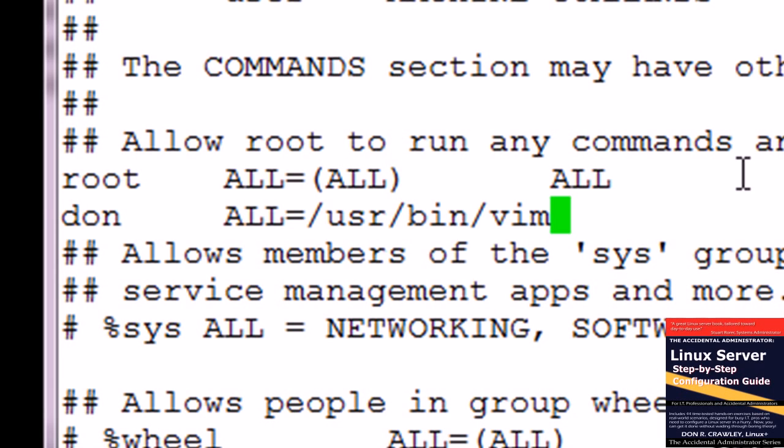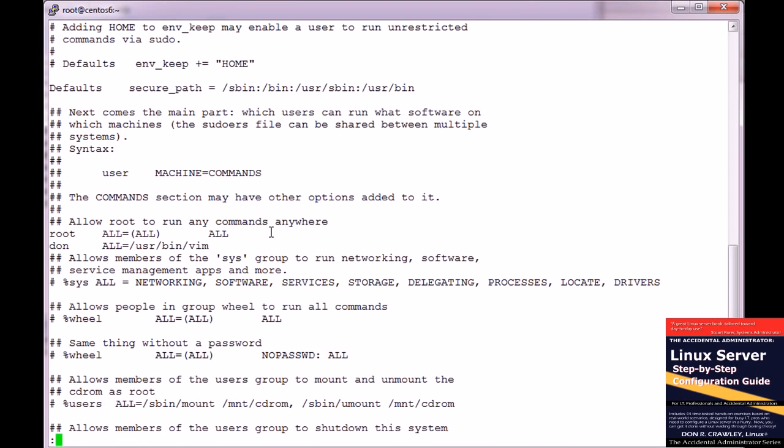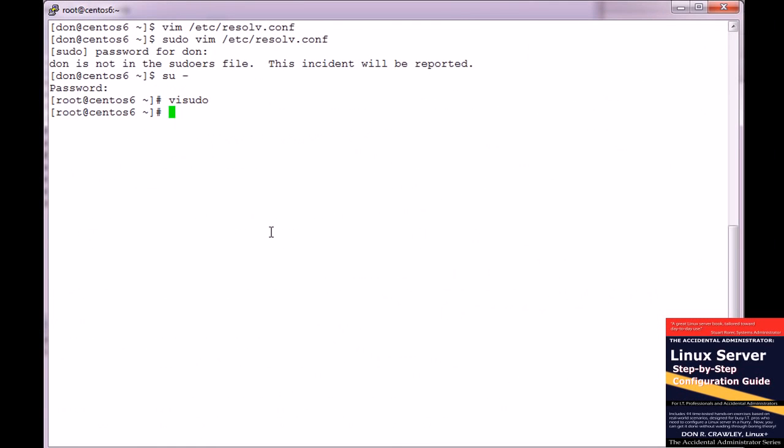So I just happen to know where that is. If you have a command that you want to execute, you're not sure where it is, then you can use which or find to locate it. But in this particular case, I just happen to know that that's where vim is located. So I'll touch the escape key and then :wq to write quit, and now I'll exit,